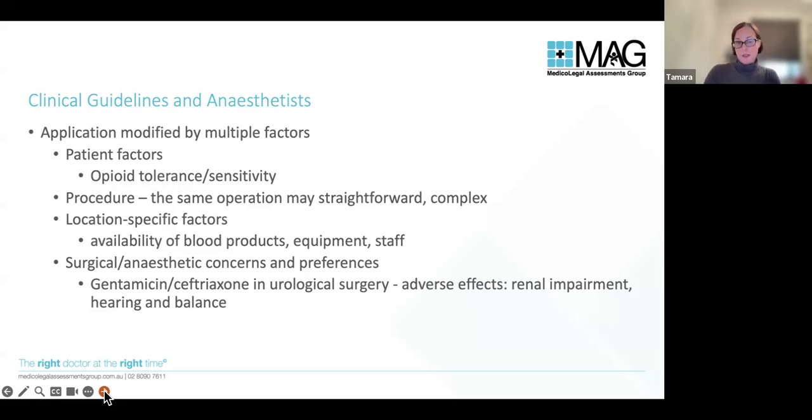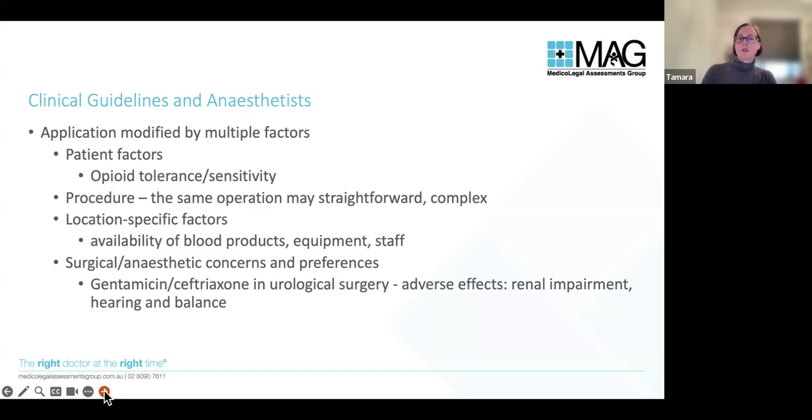I once did a locum up in Broken Hill, which a long time ago did not have certain blood products available, and we had a patient who ruptured an abdominal aortic aneurysm and was bleeding significantly. If we'd opened them up and operated on them in Broken Hill, they just would have bled to death because we wouldn't have been able to replace the factors that they required. So they had to be care flighted off, which obviously is something that can affect their outcome.